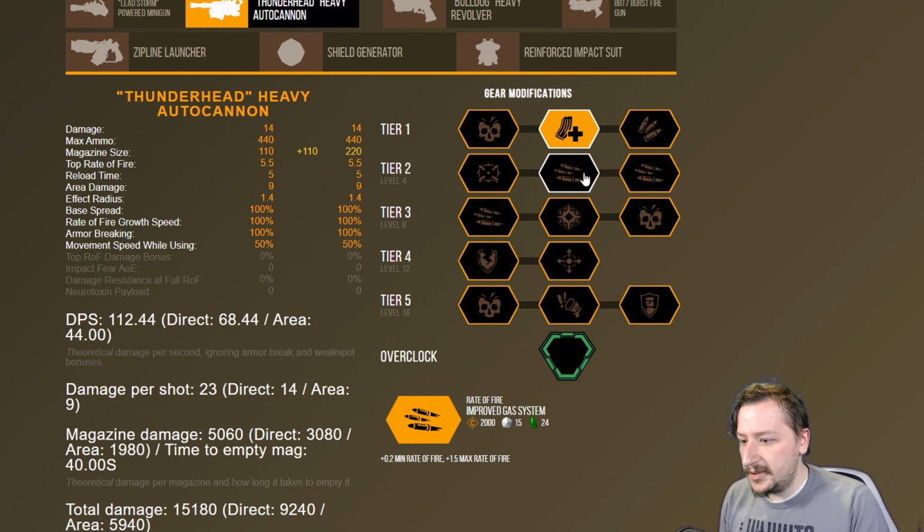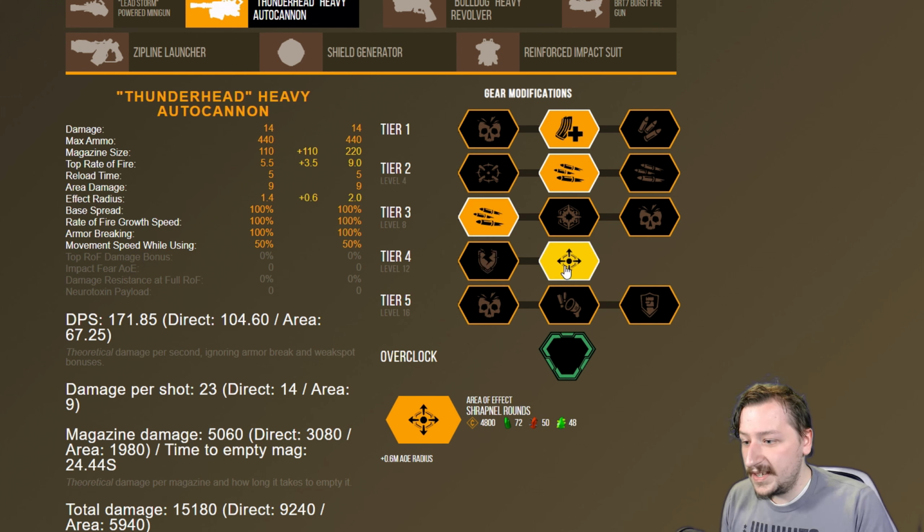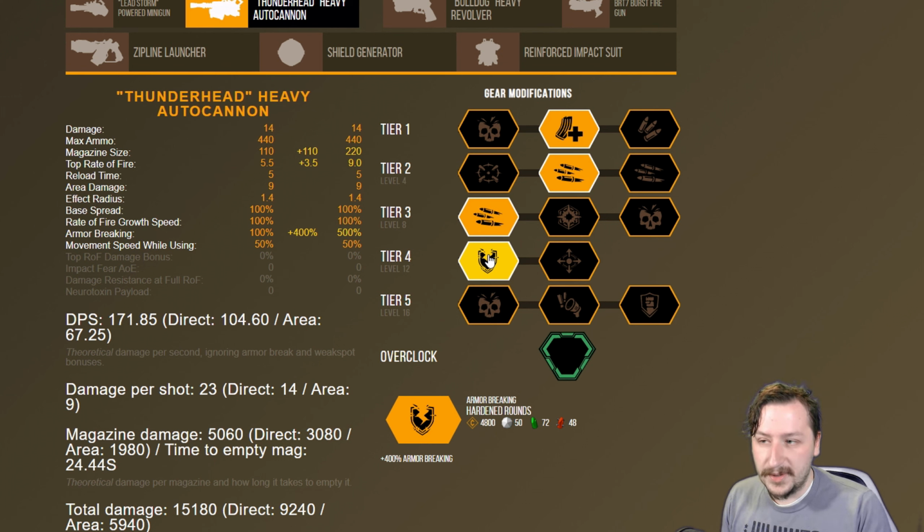In Tier 2, you would go with Improved Gas System. This just makes it so you have a higher rate of fire, as well as Supercharged Feeding Mechanism, so you even have a higher rate of fire. You almost double your top rate of fire, which is pretty crazy. Armor breaking or shrapnel rounds work just fine. Either way, if you want to have more splash damage, or if you want to have more single target damage,